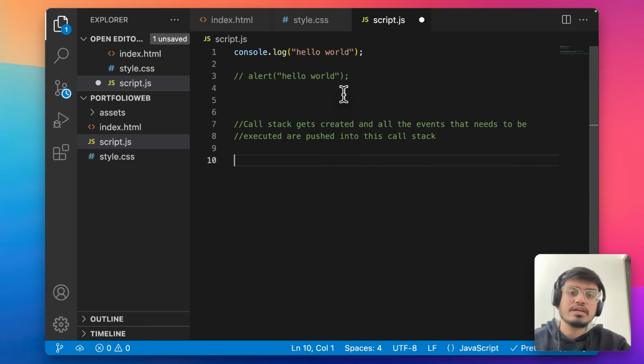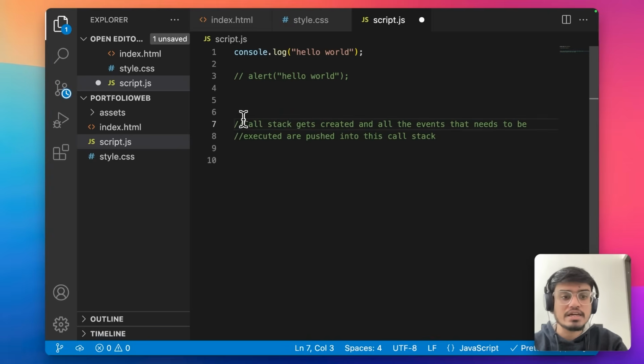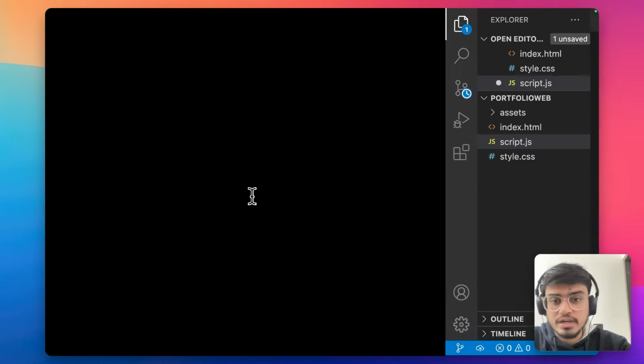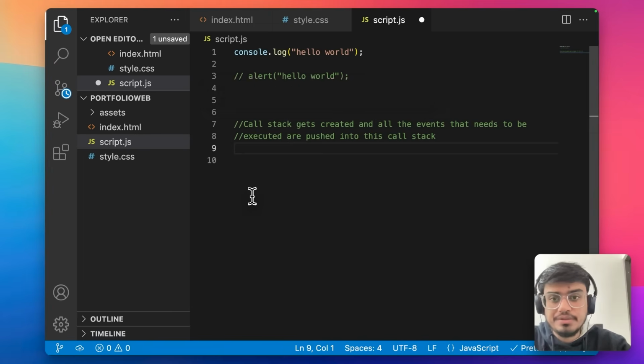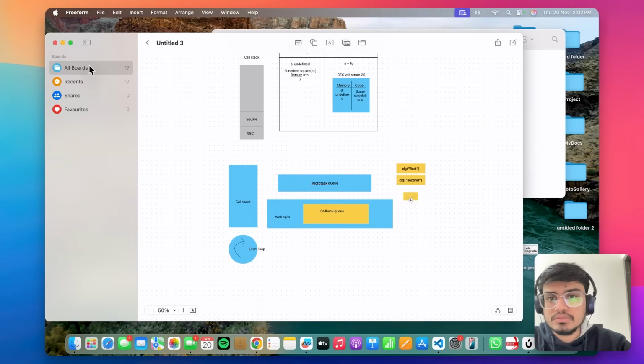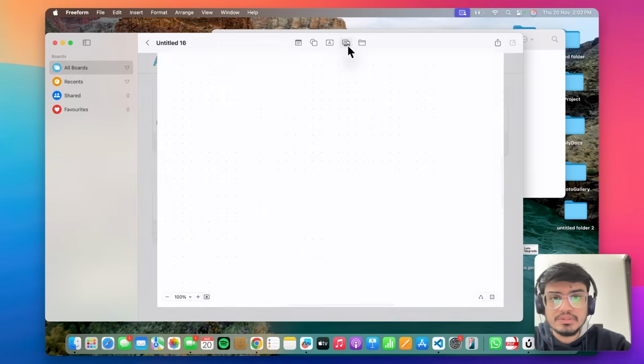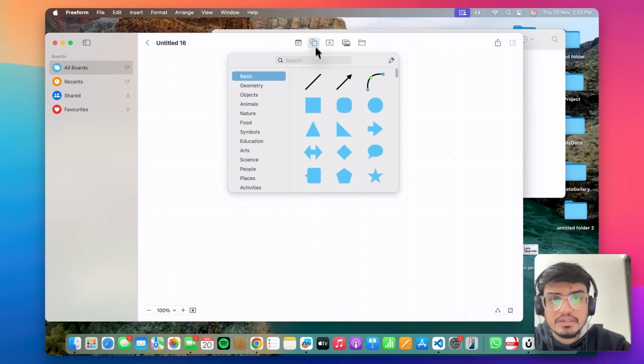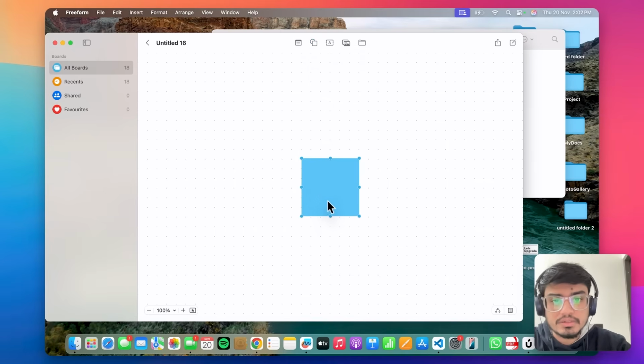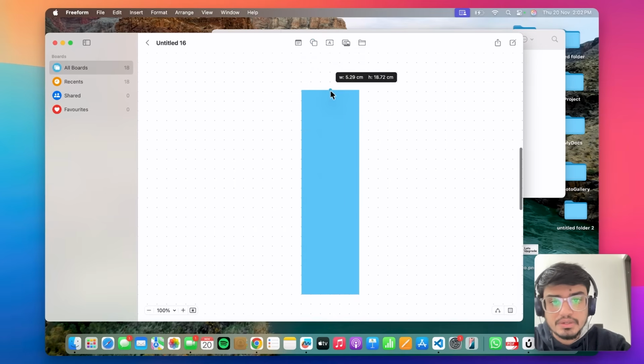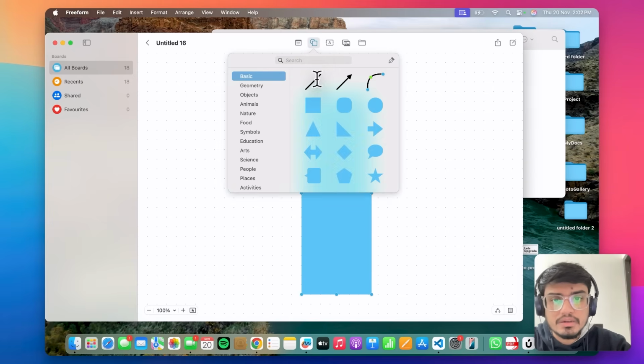So I hope you understood what a call stack is. A call stack is nothing but a kind of an array. I'm not sure if you'll be familiar with arrays or not, but I'll draw it actually. Okay, so you can simply understand a call stack something like this. A call stack is nothing but a simple